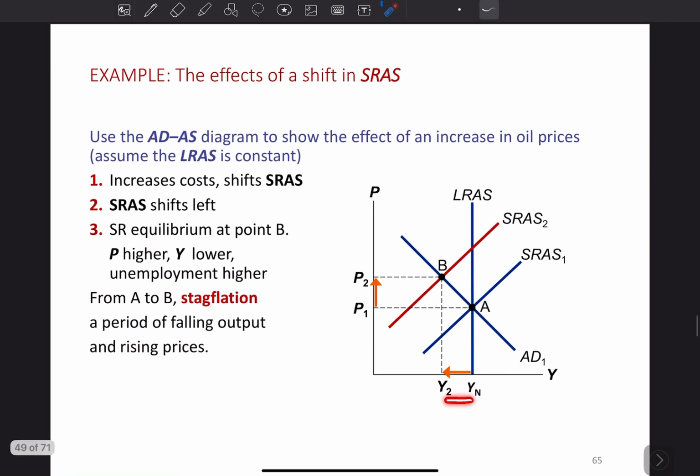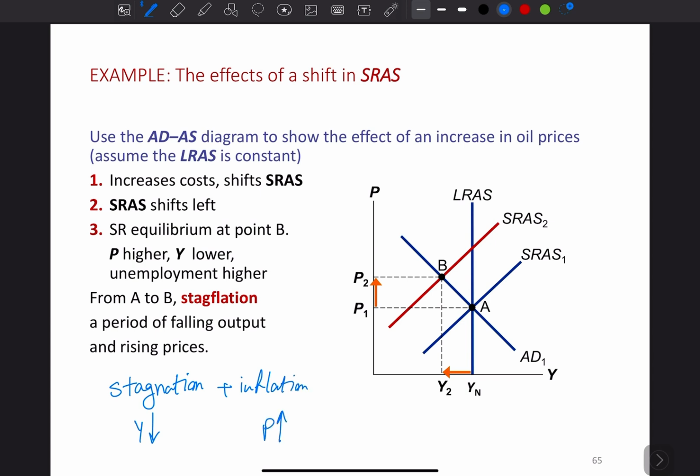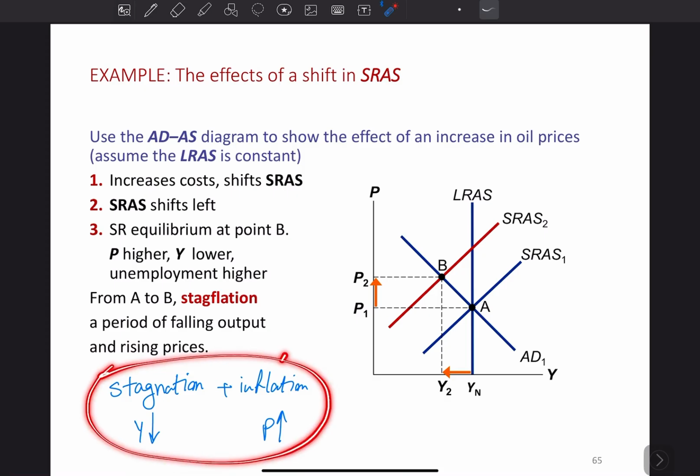You see that here two interesting things happen. The production goes down. This is the recession part. And on the other side, the prices go up. This is the inflation. So this stagnation and inflation are happening at the same time. Stagnation, where the Y is decreasing, and inflation, where the price is increasing. These two together are known as stagflation. Okay, this situation is known as stagflation, a combination of stagnant economic growth and inflation, which is particularly challenging for